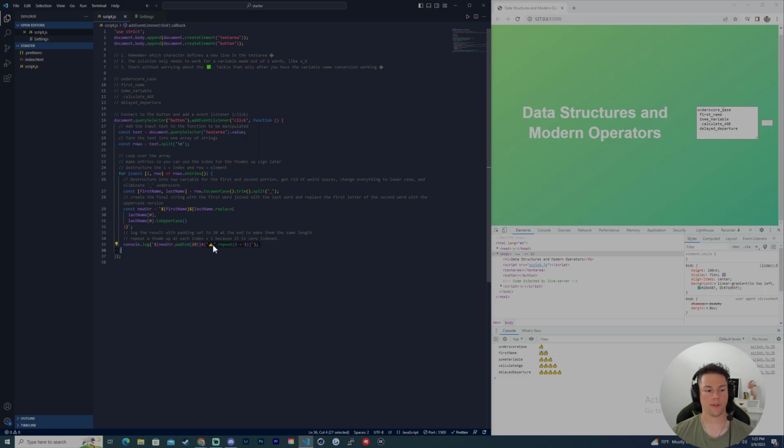We're going to do the thumbs up emoji, .repeat. Repeat will repeat that specific string. So this is technically a string, right? .repeat will work on strings. It will repeat the string the specified amount of times. So in this case, it's going to log the new string, which is going to be this, and then it's going to add 20